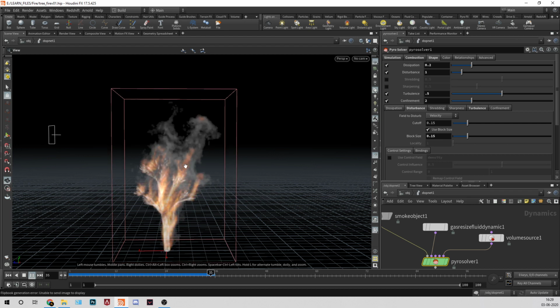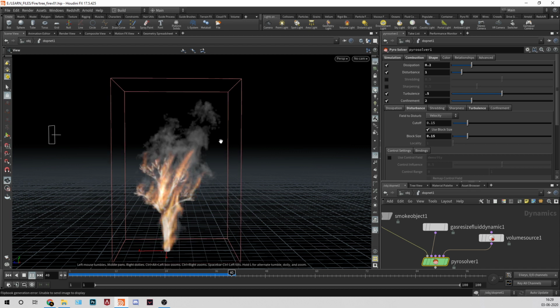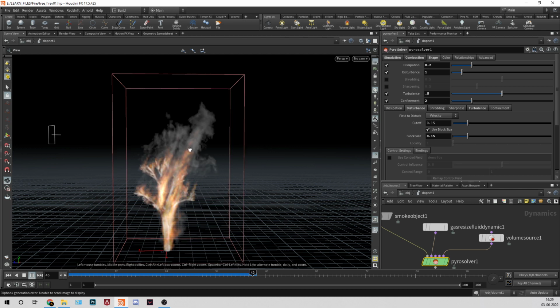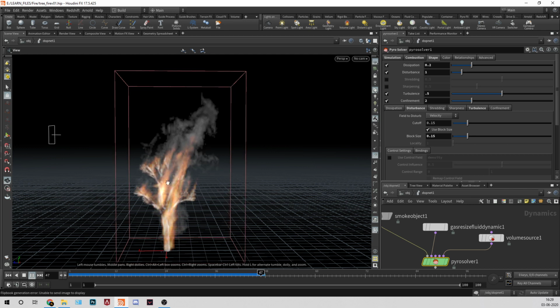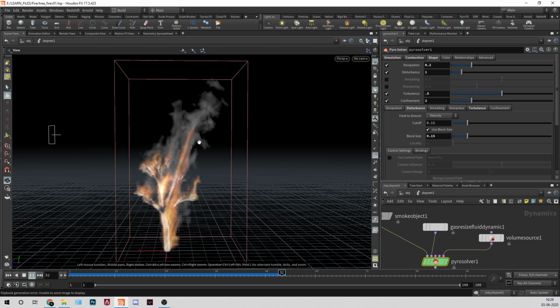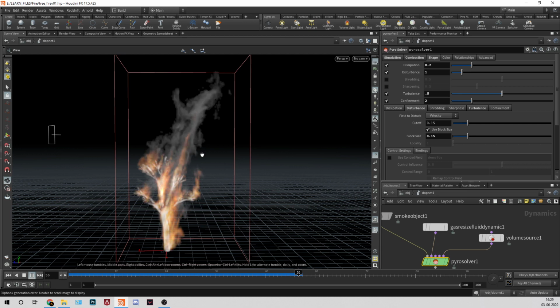The biggest problem I have is if I'm working on a simulation with 100 resolution, it is showing something, but when I go for 200, it will change the simulation because your voxel size and everything changes. But in this one we don't have that problem. It will change but not that much.